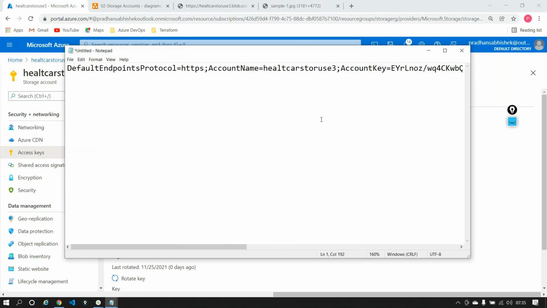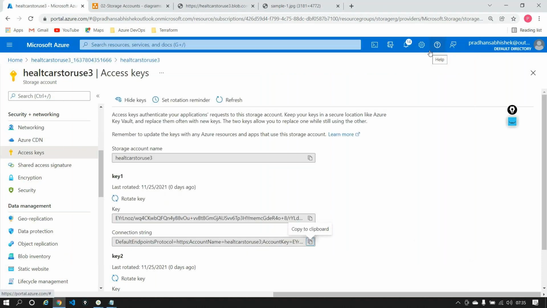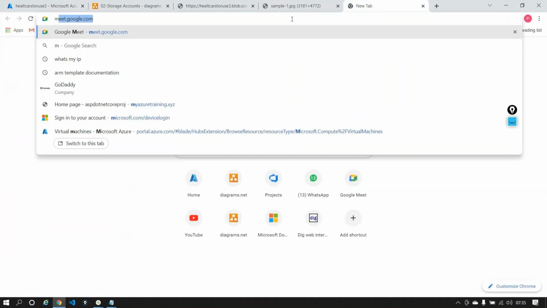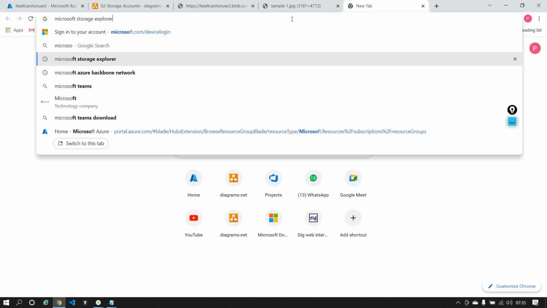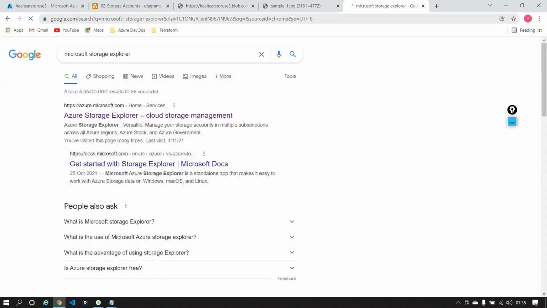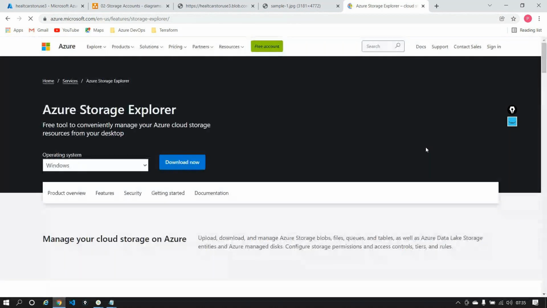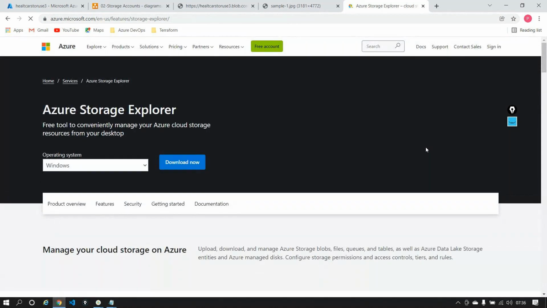Now the question here is, how does someone go ahead and access the storage account using this particular connection string that I just generated? Let's say a user who wants to access this needs a software known as Microsoft Storage Explorer, which is a cloud management tool.